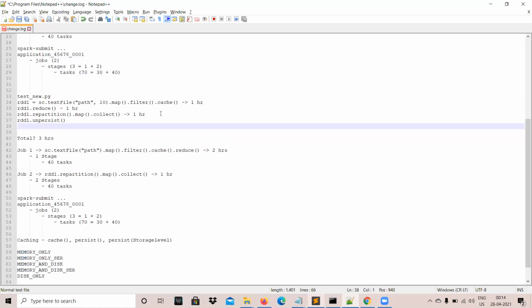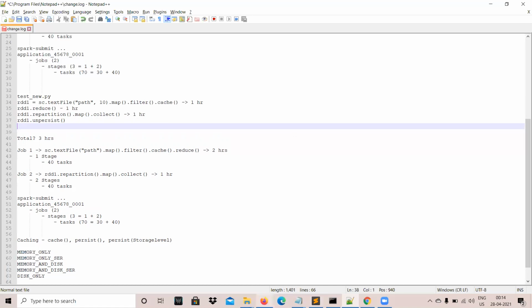Or else, suppose you have 1,000 lines of code, you create a master data, and after creation, the next 100 lines of code make use of that master data. So then you used it. After those 100 lines of code, you can explicitly say rdd.unpersist to free up the memory, isn't it? That's how basically you can do things. Okay, so that is about your caching and persistence part. So let's go to the code.